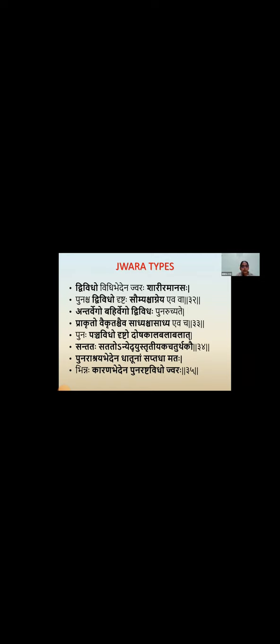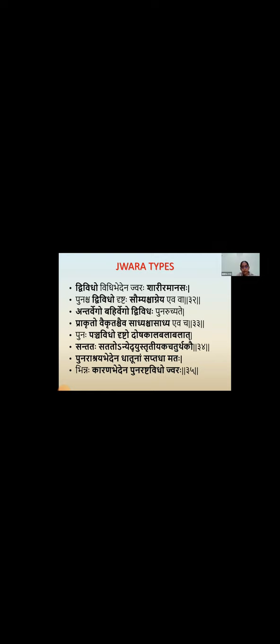Vishama Jwara, like the Santata, Satata, Anyadushka, Tritiyaka and Chaturtaka Jwara. Then Ashraya Bheda, once again, there are Sapta Dhatvatmakaha, like Rasaja, etc. Then in the Karana Bheda, that is the Dosha Bheda or the Karana Bheda, we get 8 types of